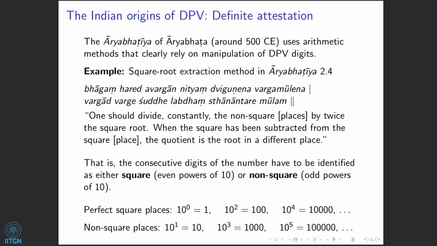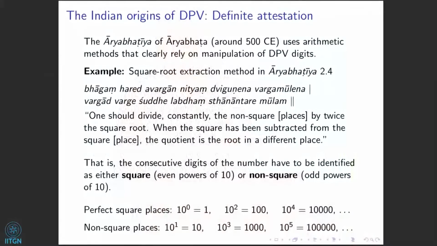And although it doesn't discuss decimal place value in an explicit way, or as a concept, it's very clear that Aryabhata is assuming familiarity with it on the part of his readers, because he invokes arithmetic and representational methods that require you to be manipulating decimal place value digits to get